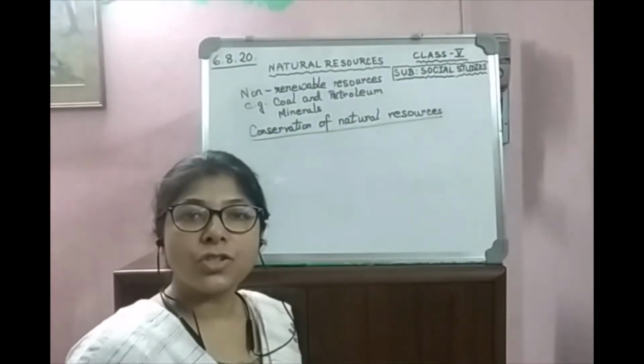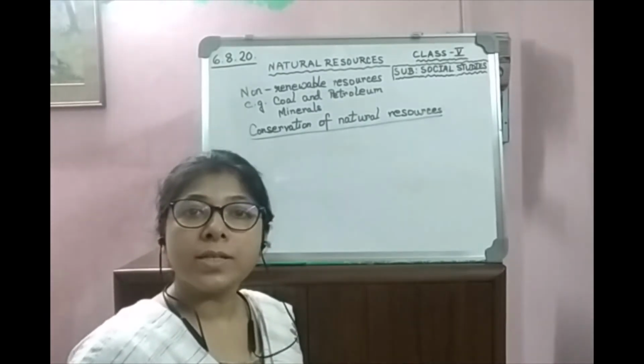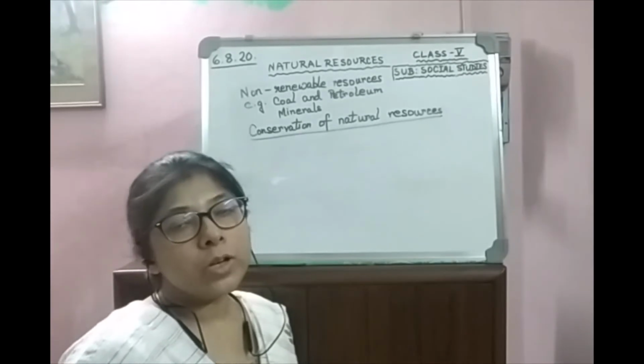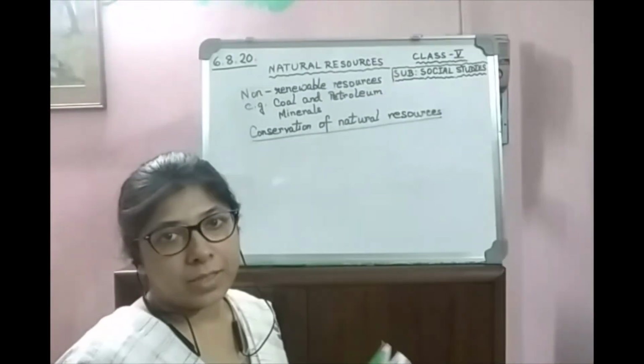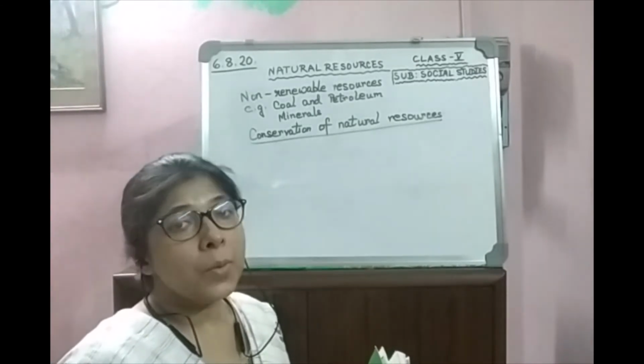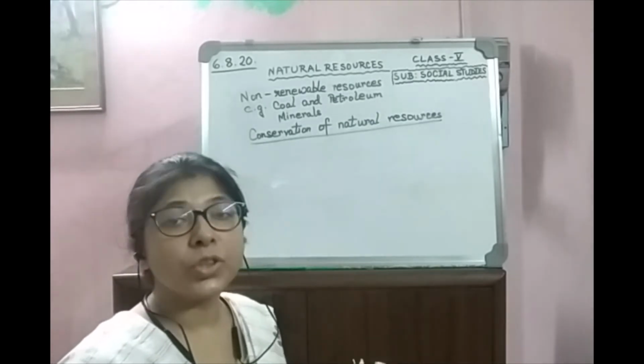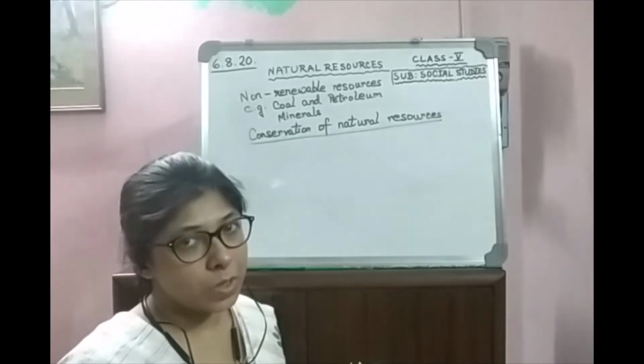We know that natural resources are in abundance, but though they are in abundance, they cannot be in abundance infinitely. So we should always protect and conserve our natural resources. The various steps or ways to conserve natural resources are: